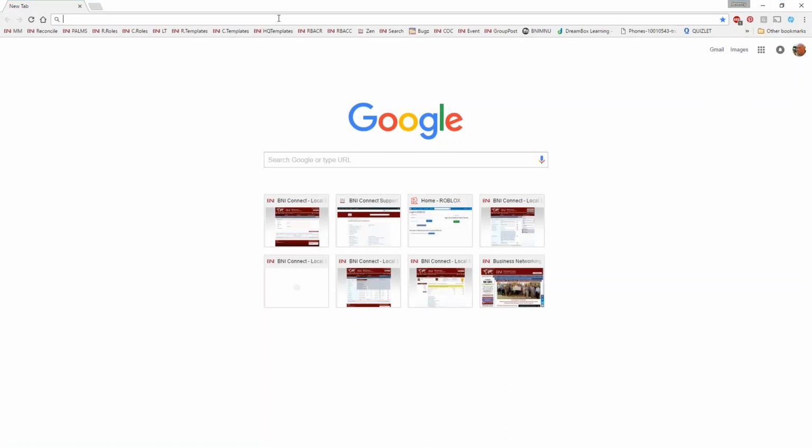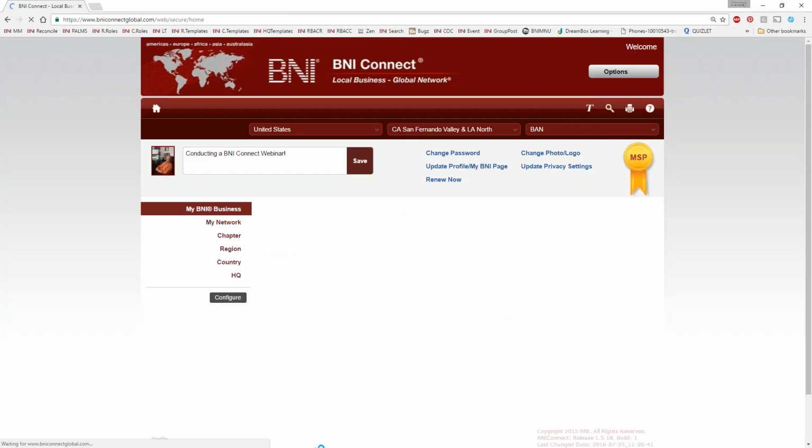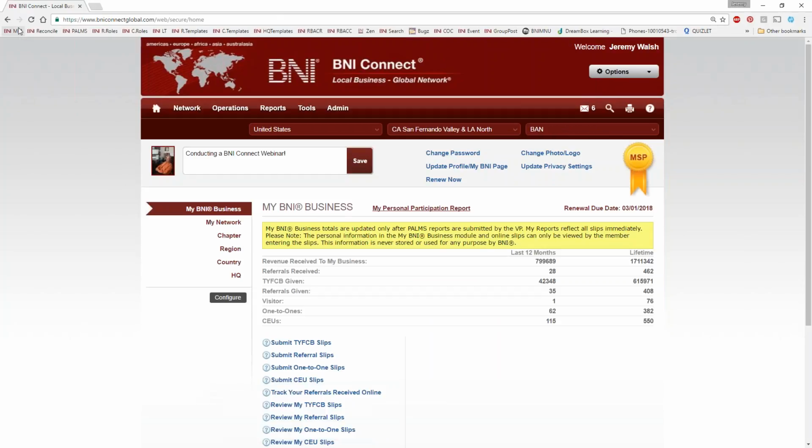So what is the importance of this when it comes to your membership? And here's where I find it to be really, really powerful. After you've started using this for a couple of months or even a couple of years, you can start to really go back and analyze your membership in a way that you're never able to do if you're just using the paper slips.